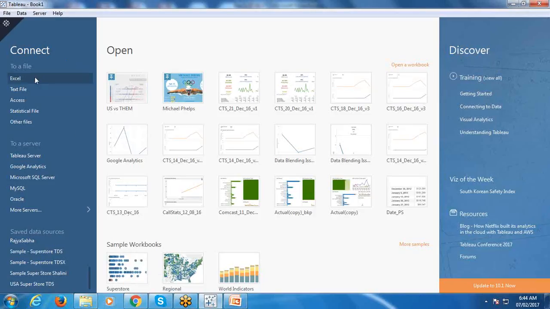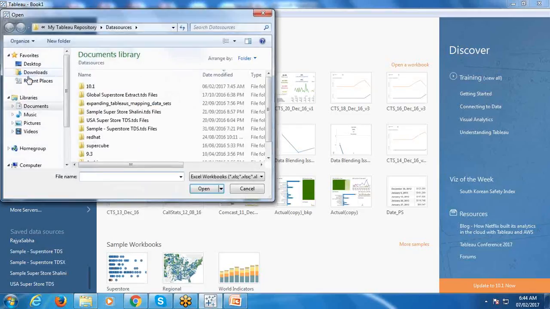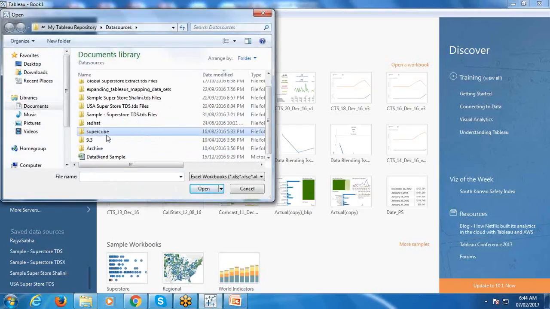Okay, let us start connecting to an Excel file based data source. We have the Superstore data source by default, right? So what I will do is,